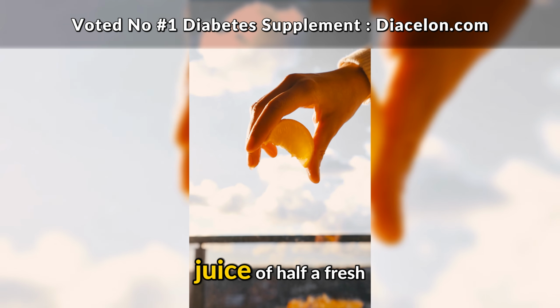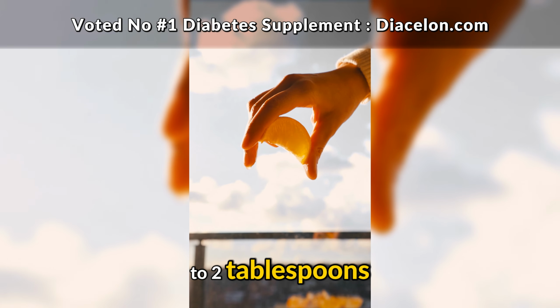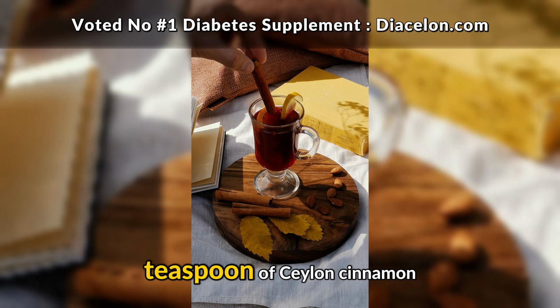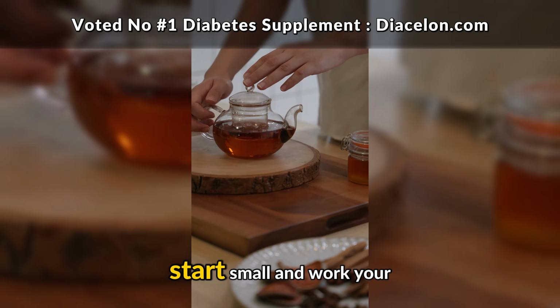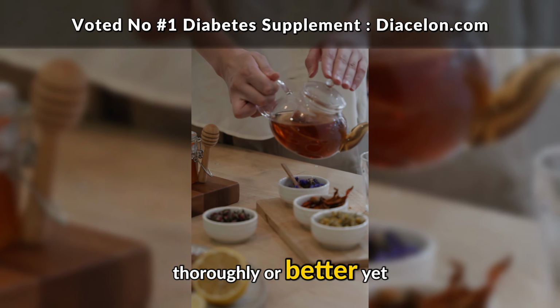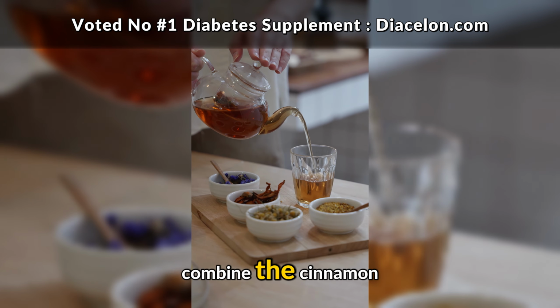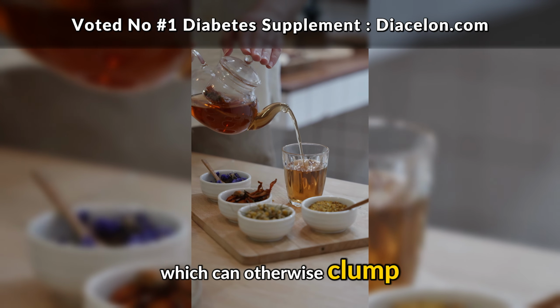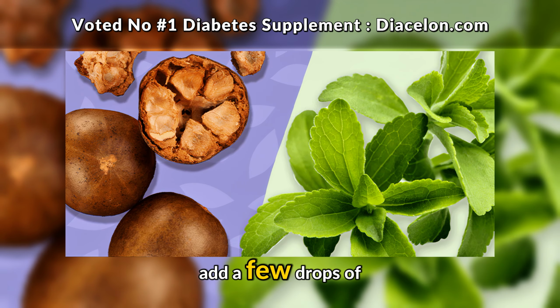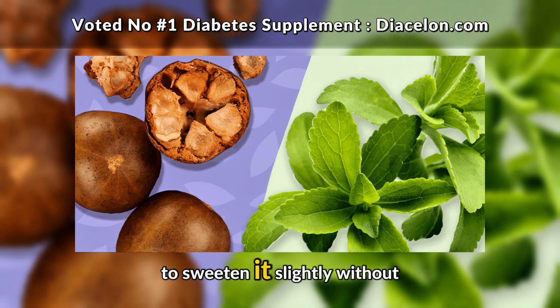Next is squeeze in the juice of half a fresh lemon, which should yield about 1 to 2 tablespoons. Then add 1/2 to 1 teaspoon of Ceylon cinnamon. Start small and work your way up if needed. Stir the mixture thoroughly, or better yet, use a milk frother or mini blender to fully combine the cinnamon, which can otherwise clump. Optional, add a few drops of liquid stevia or monk fruit extract to sweeten it slightly without